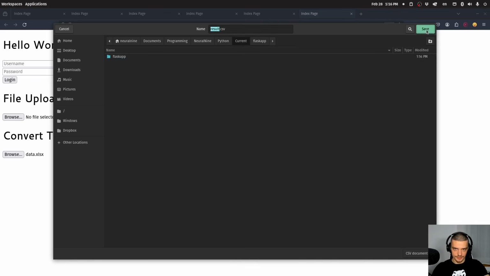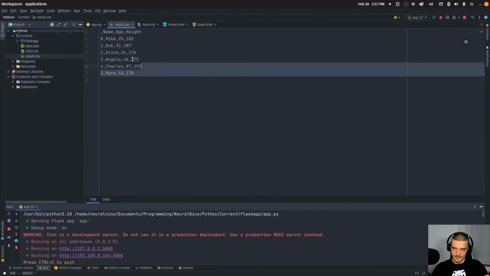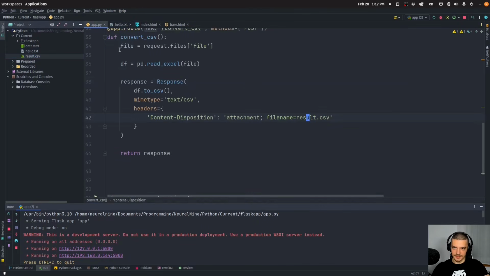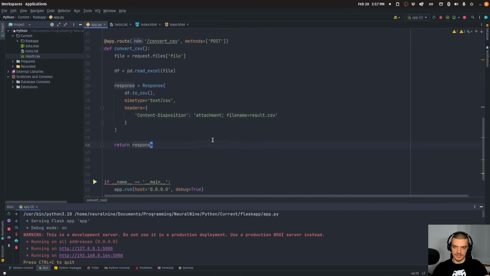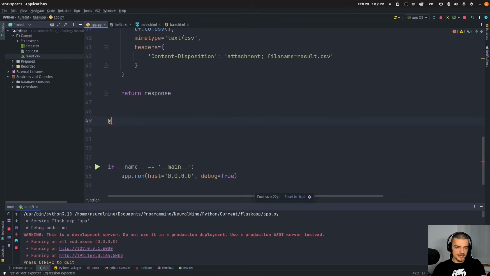Now I save the result to CSV, and I have a CSV file with the information from the Excel file. So this is one way to return a file for download. We can find a second way now, or we can do a second way now, which is: